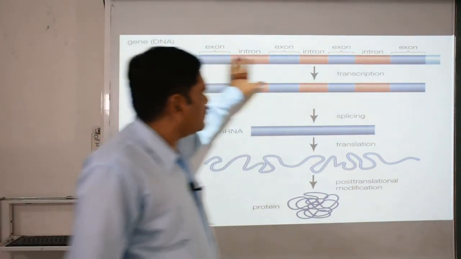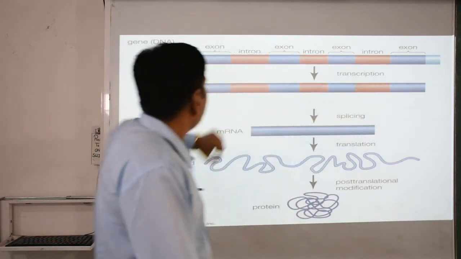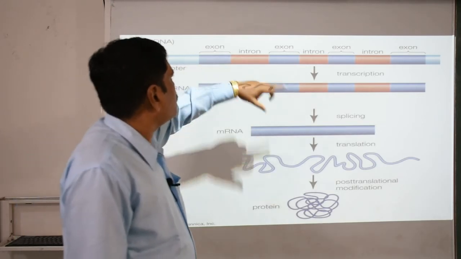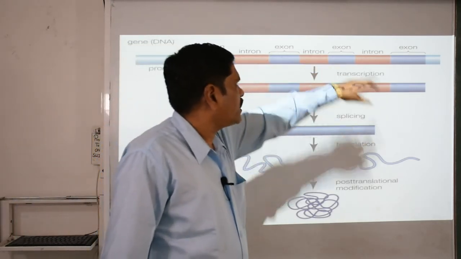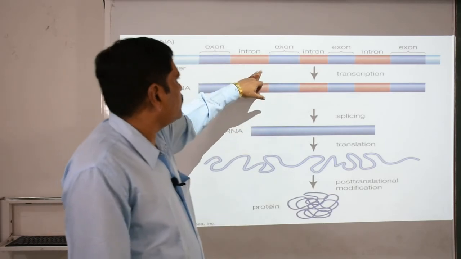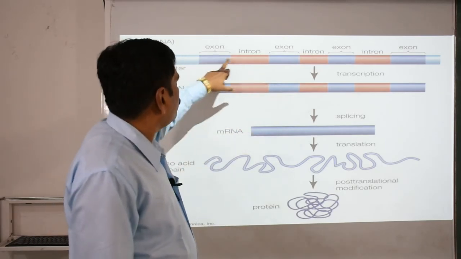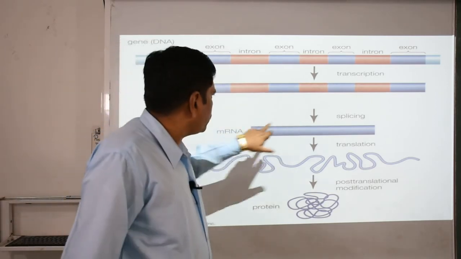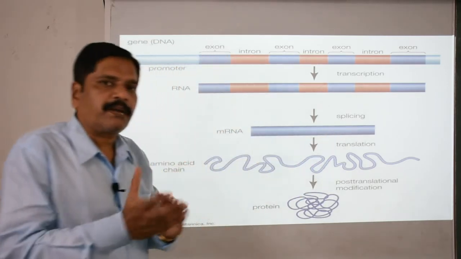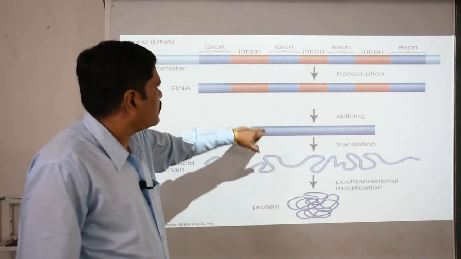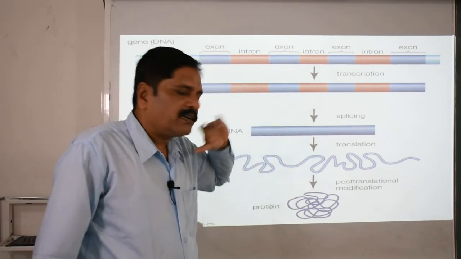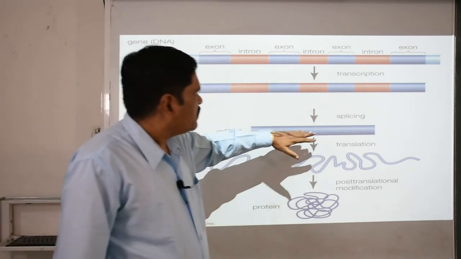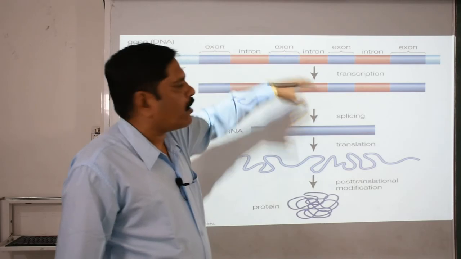See that this is the eukaryotic DNA. Here you can see this is the promoter site. Here you can find the alternately arranged exon, intron, exon, intron, exon, intron sites. When the transcription takes place, the introns are removed one by one, and finally this splicing is responsible to form a continuous segment of mRNA which consists only of exons. It is lacking introns. So that's why you can see that this mRNA is quite smaller or shorter than